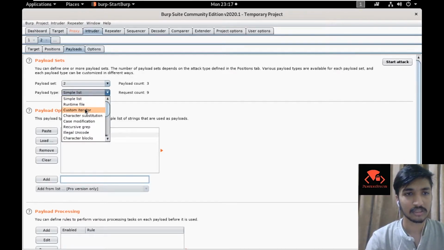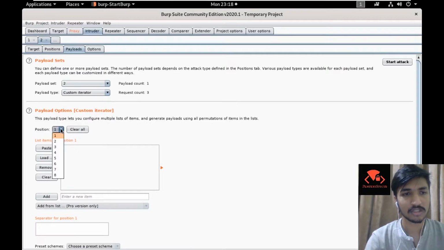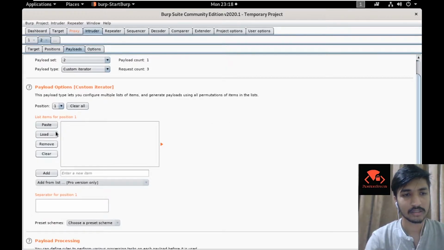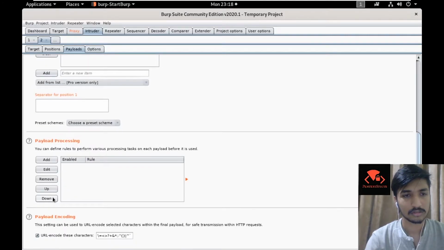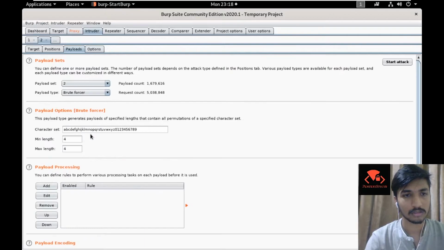Now, you could also set up 1 2 3 4 5 6 7 8, like numerical values, if you are trying to brute force an OTP based login parameter. So here you could set up the characters, then the minimum length and maximum length.